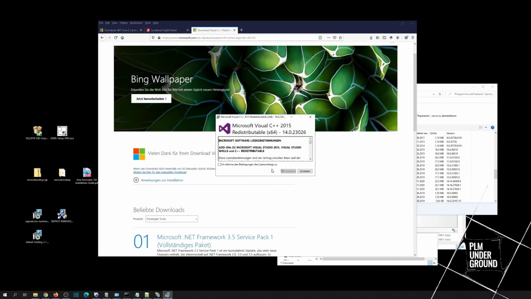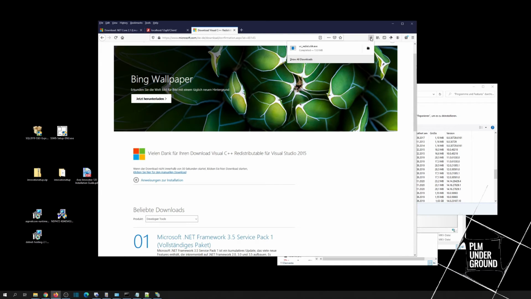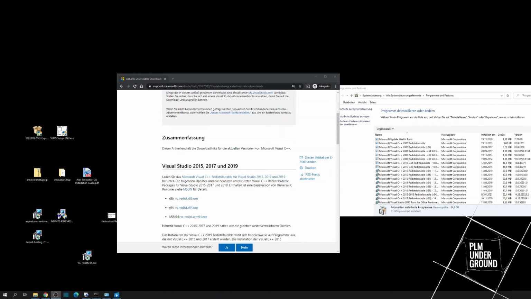And open it up. I agree. And it fails. Okay, short update. It wasn't possible for me to install the Visual C++ 2015 redistributable, but I managed to install this combined version, which included this 3 years. And here you can see I have downloaded it and I have already installed it. And I will now restart my PC, and then we can check if our error 502 bad gateway is finally removed.